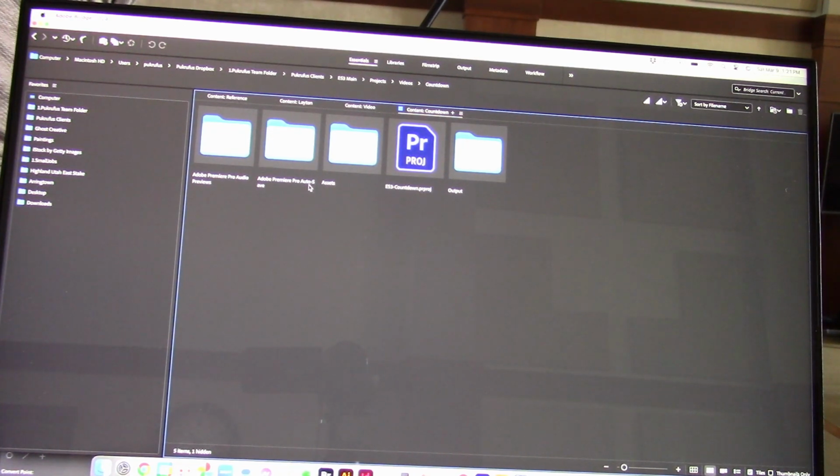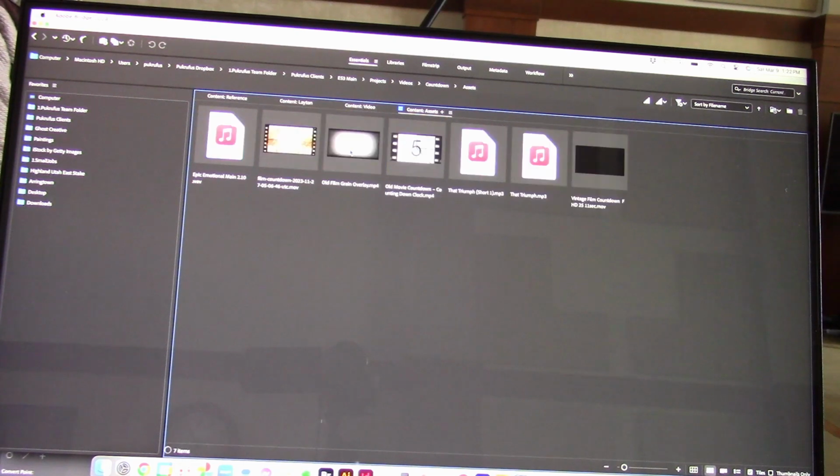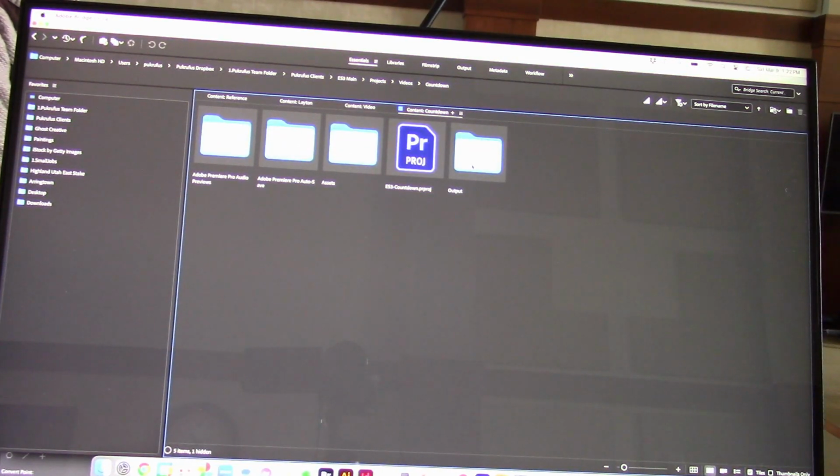Otherwise, save things in the cloud and make sure that you're constantly working in the cloud and reserving some good, healthy, workable space for the video you're working on at the time. Then I create an assets folder. Inside this assets folder will be all of the video and audio related to anything that I'm doing in this video,